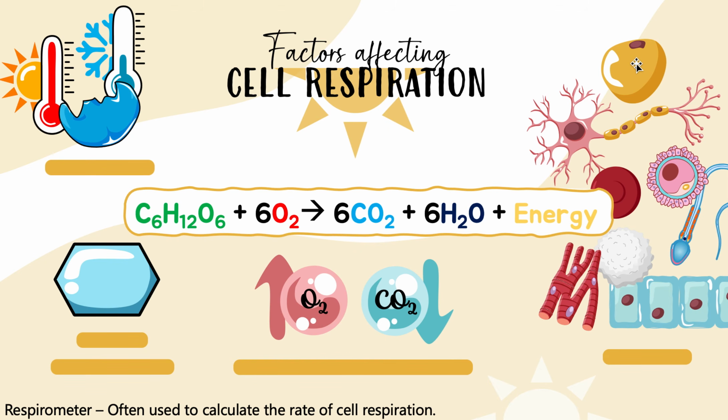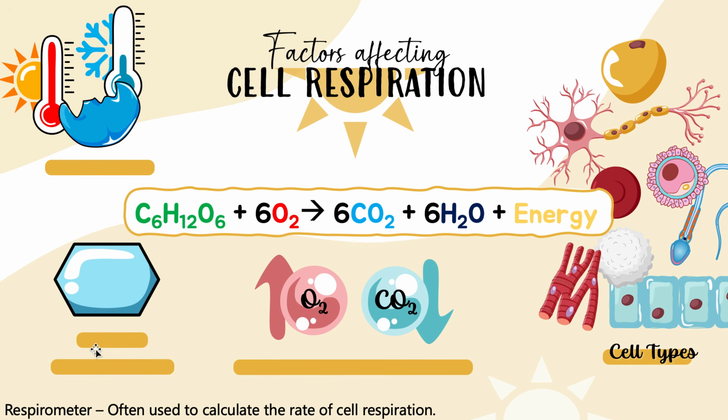So some cells in our body, like our muscles, need a lot more ATP. Think about it. You're moving the whole time. Your muscles are contracting constantly. To contract your muscles, you need ATP. So these kinds of cells need way more ATP, so they're constantly doing cell respiration. So the type of cell affects cell respiration. There are some cells that don't do much cell respiration because they're not very active. They don't need that much money to do things. So depending on the type of cell, the cell respiration rate will be affected.